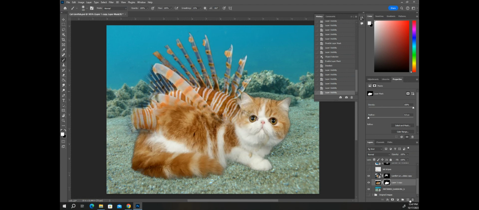Okay. The first way is definitely the easiest way, but it's also the way that doesn't work as often. So it's less likely to work for most people. But if I'm selected on my picture, I'm going to just edit this lionfish right here that I've partially cut